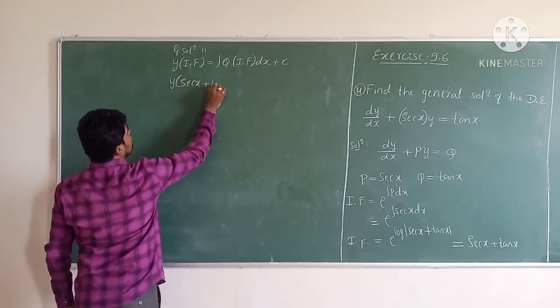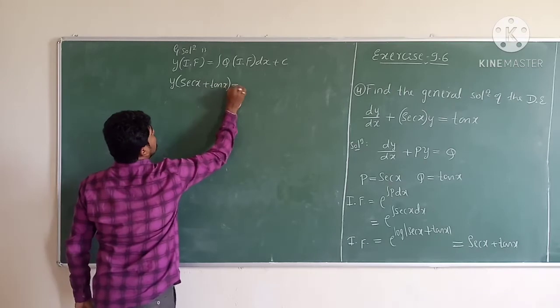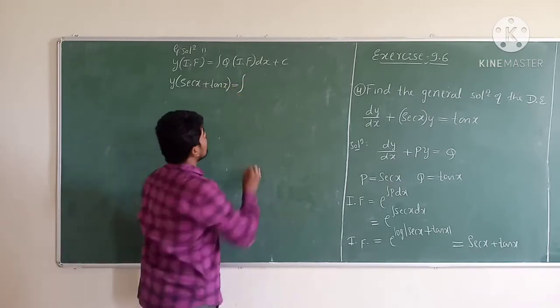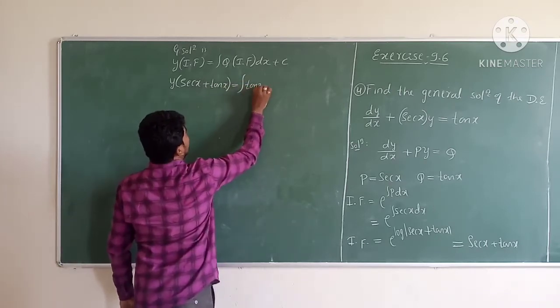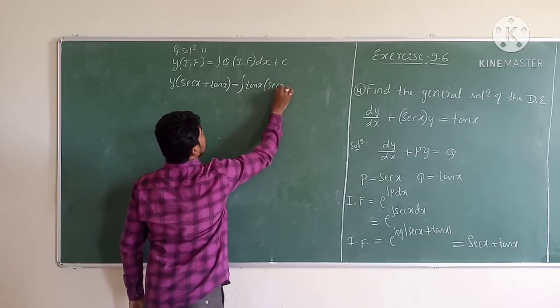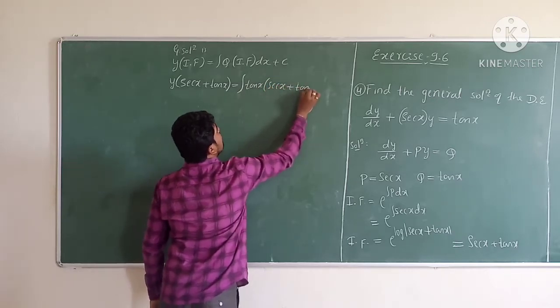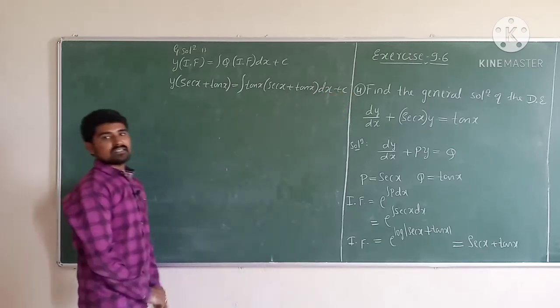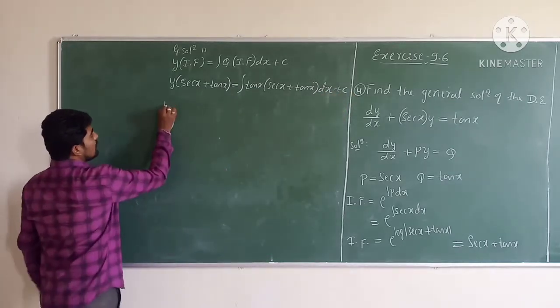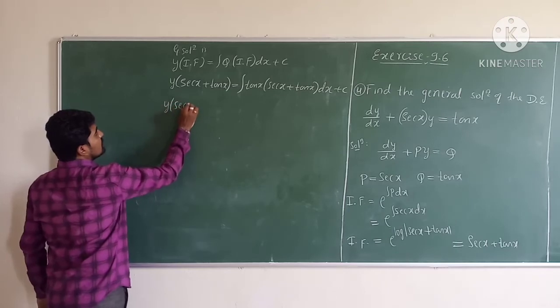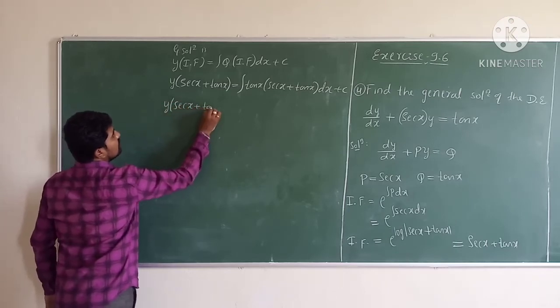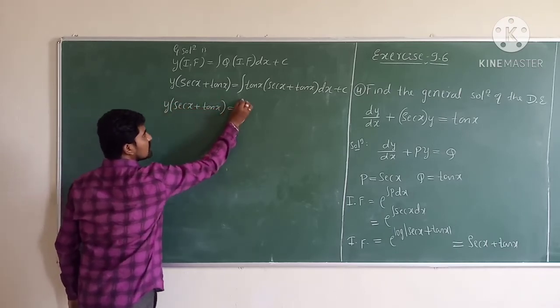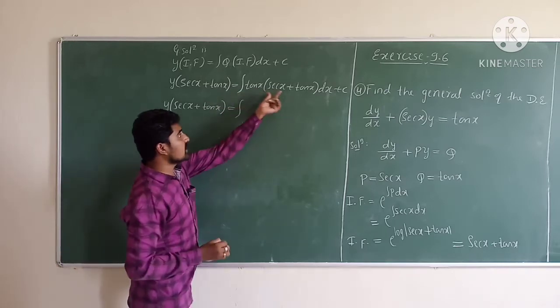Secant x plus tan x, which is equal to the integration of q, which is tan x, times the integrating factor secant x plus tan x with respect to x, plus the integral constant. Now, y into secant x plus tan x is equal to the integration of tan x into secant x,